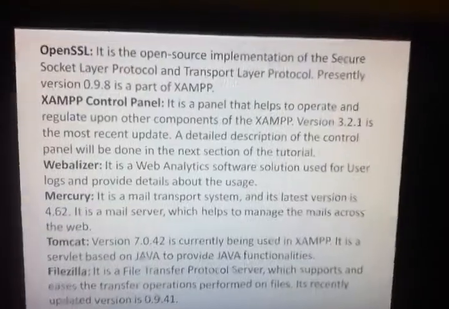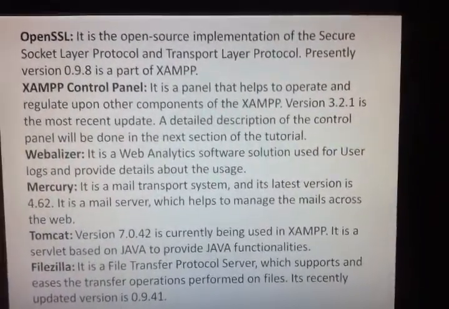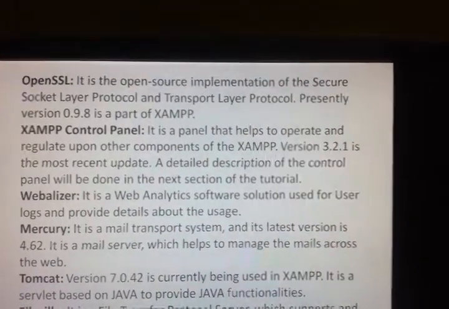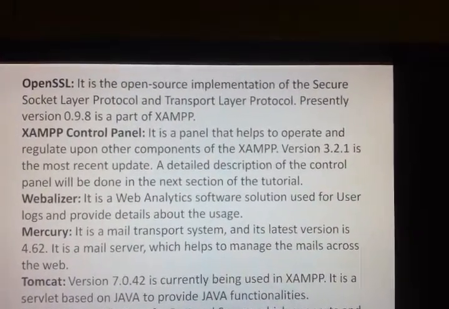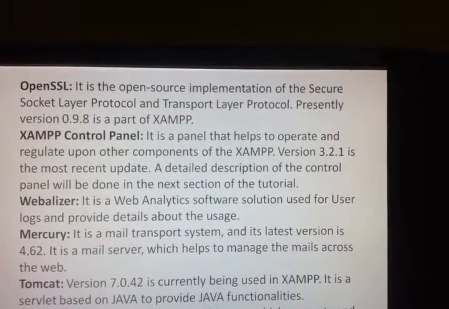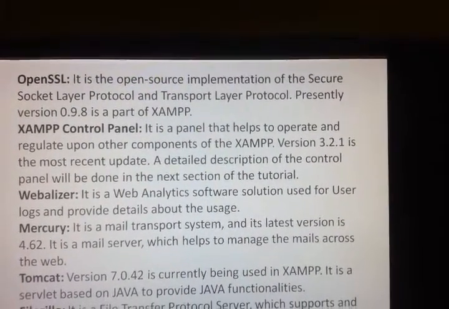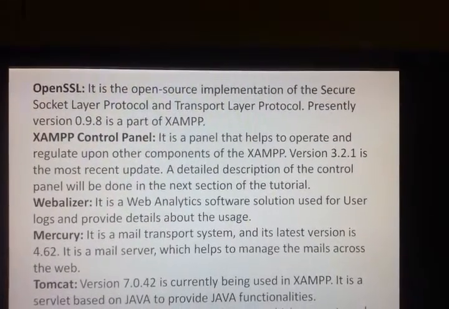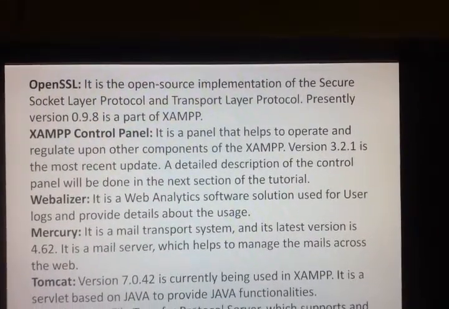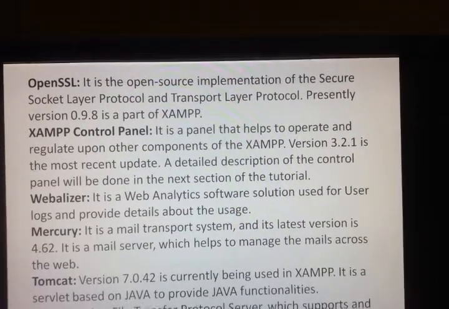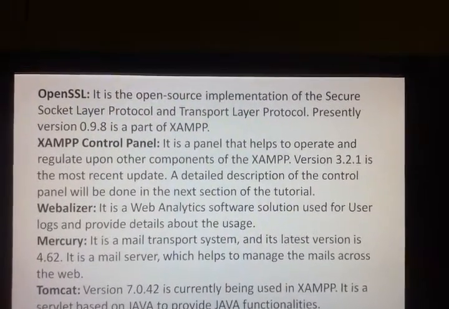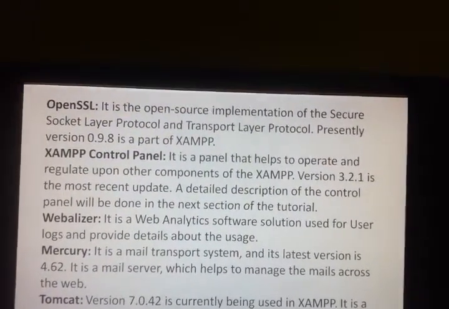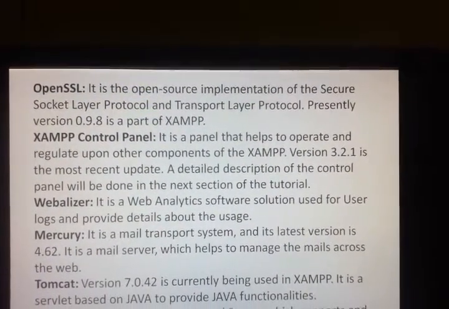And next tool is OpenSSL. It is the open source implementation of the secure socket layer protocol and transport layer protocol. Presently the version is 0.9.8, and it is also a part of XAMPP.